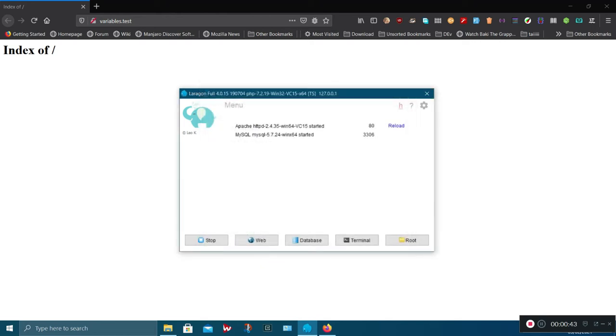So, we want to talk variables. Variables in PHP are just named memory locations where we store specific data types. It can be a string, a boolean, an integer, an array. So let's see some examples. I want to use this variables.test we've created here so we can just run through the server and at the same time work on understanding variables.